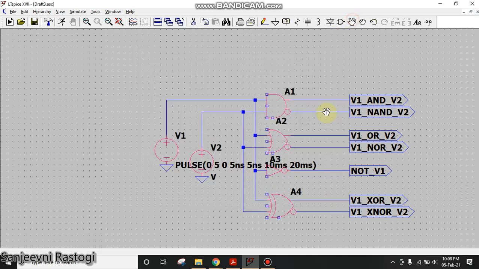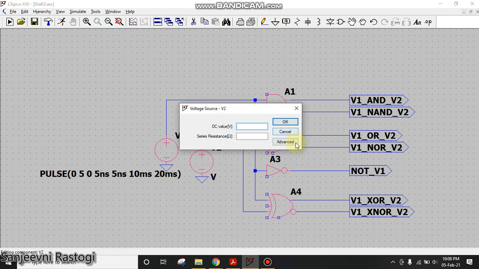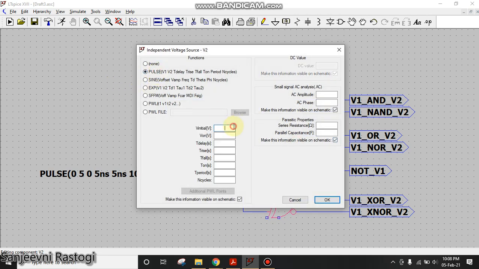Now to get the waveforms in a more readable format, I will take the time period of V2 as double of V1. That means the time period of V2 I will take as 40 milliseconds. Hence the T on for V2 will become 20 milliseconds. Like this: V initial 0, V on is 5, delay I don't want, and rise time and fall time I want very small.